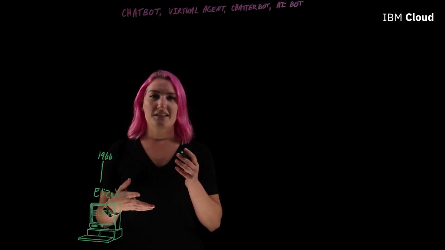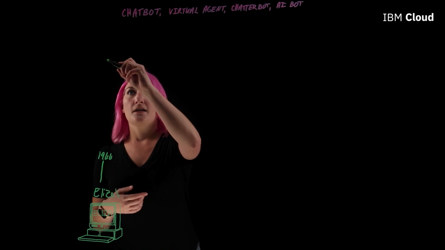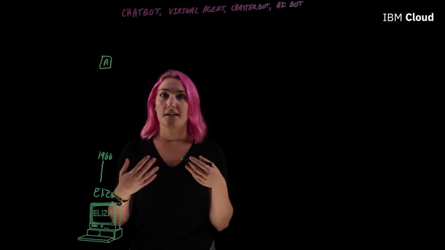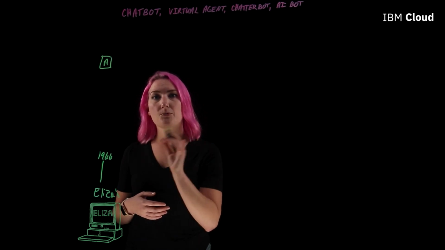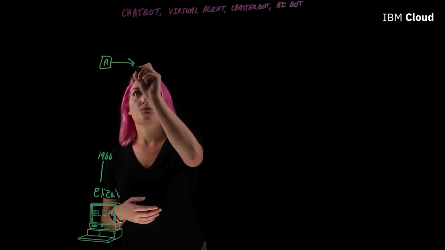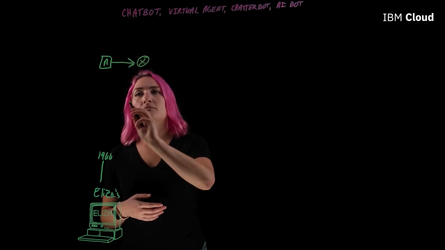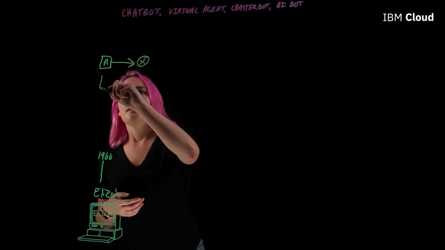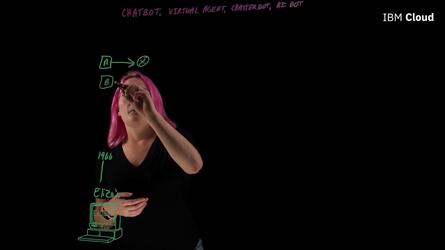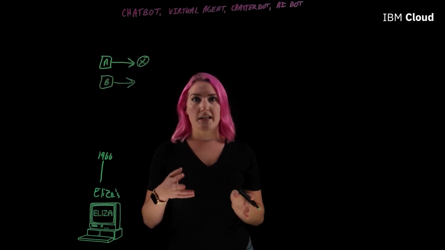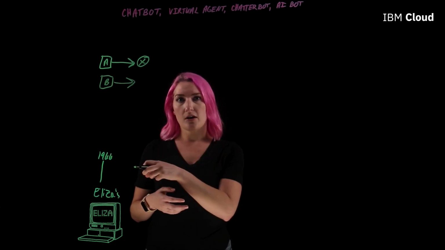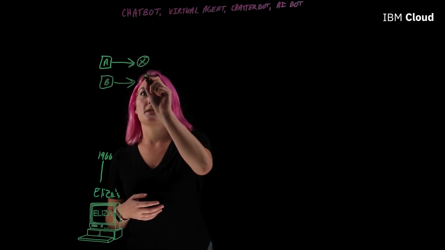Think of it as a bunch of if-then statements. If we say to Eliza, for instance, I like apples, she's going to take the keyword apples and then give us some sort of response based on that. She's literally just looking for a keyword and giving us a canned response. If I say, I have 2 dogs and their names are Apollo and Mr. Hubble, she's going to take the keyword dogs and then give me some response based on that.